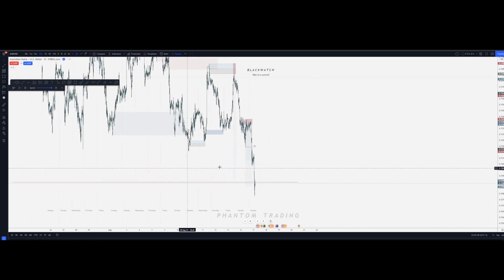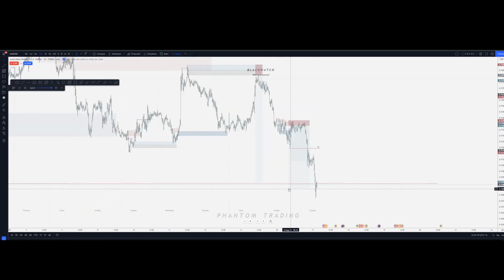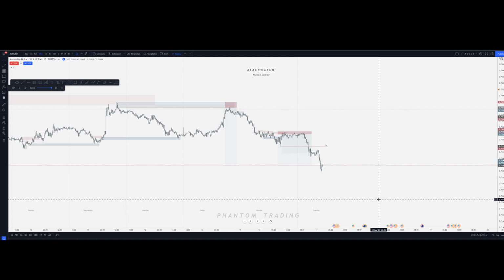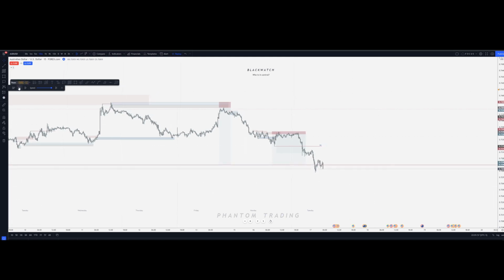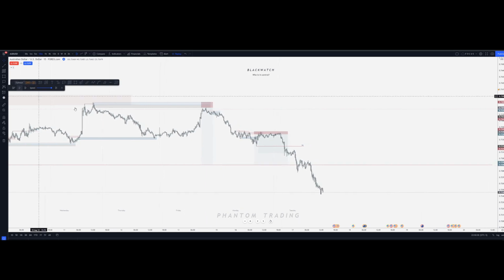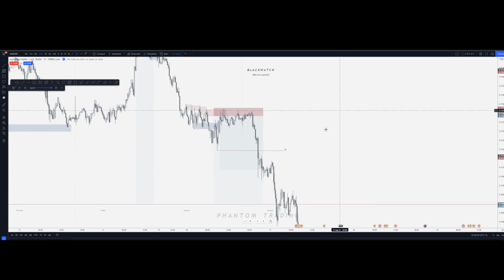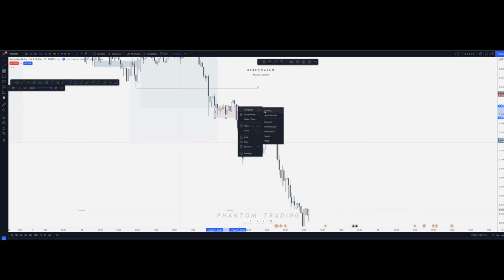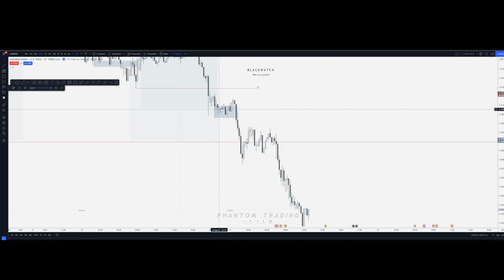Okay, now we've absolutely demolished this low. So if I were to want to take a long, it would be after the fact, and I would need a nice setup, but we'll see. And then we just keep taking the short. Let's see. Here, demand reaction. Sweep, but price doesn't come back, right? So no entry. I'm just trying to stay consistent. That's all that matters to me.